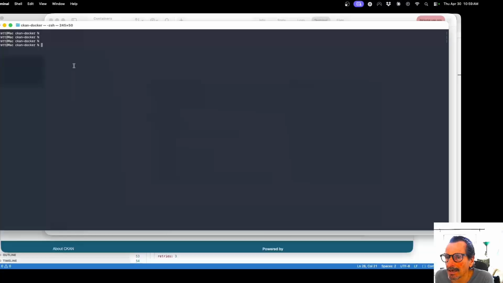I have CKAN running within a Docker environment using OrbStack on my local macOS machine, and everything's down at the moment. All the containers are down, but the images have been installed, the volumes are there, they haven't been removed, and the network's there. So all I need to do is start the containers. We run Docker